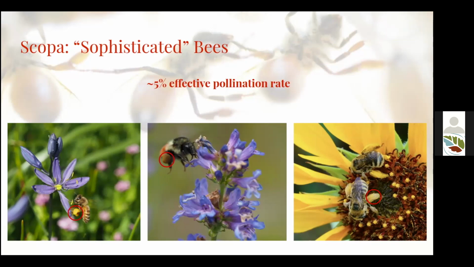So really what I'm trying to get across here is that no one bee species is more important than the other, and actually increasing diversity and having many, many types of bees in our ecosystems is going to be the most important for driving effective pollination of the variety of native plants that we have in our ecosystems.